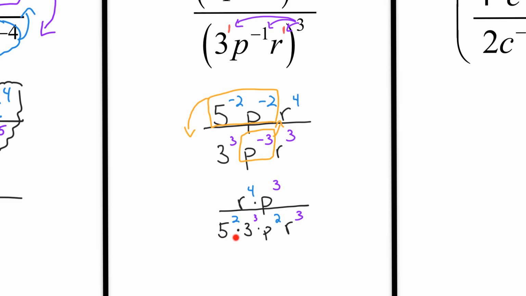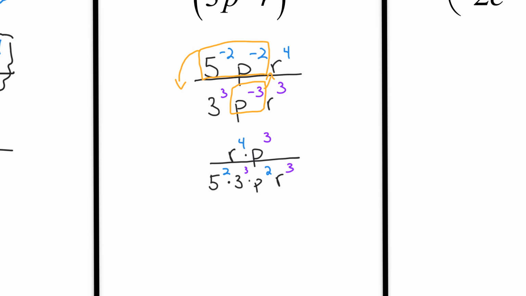First of all, you guys simplify the numbers. It's a lot easier to start with the numbers. So let's go ahead and multiply. You are going to multiply 5 squared times 3 cubed. So you really have to know what's 5 squared. And 5 squared becomes 25. And 3 cubed becomes 27. So you guys are really multiplying 25 times 27. And that equals 675. So on the bottom of the fraction, I multiply